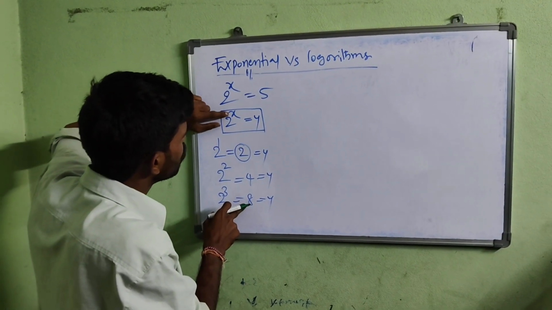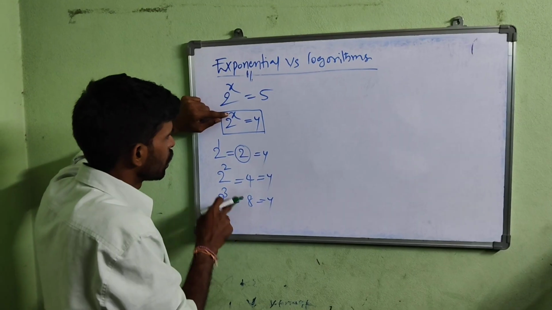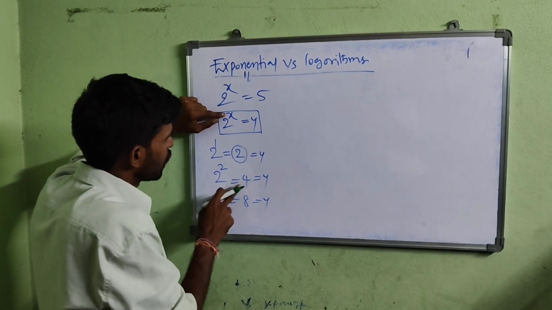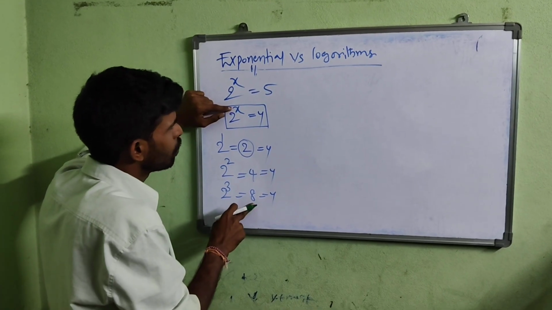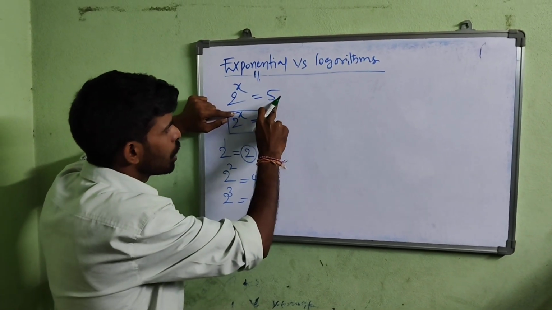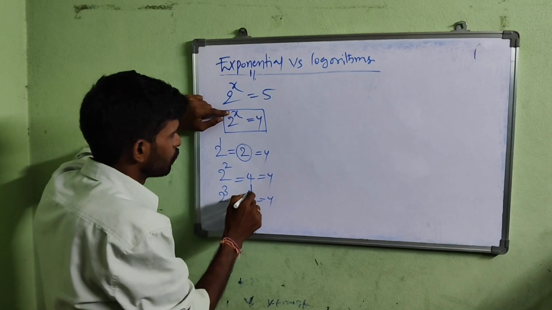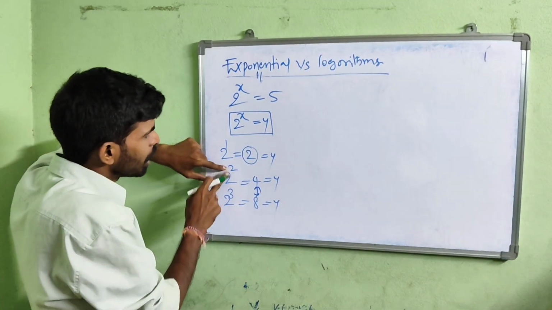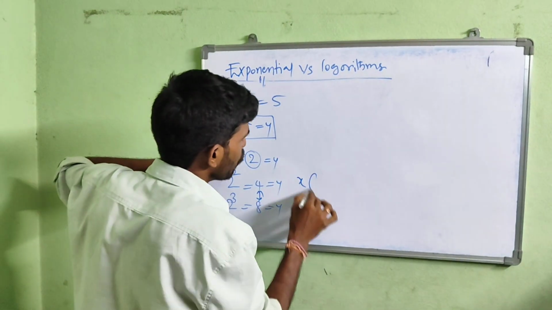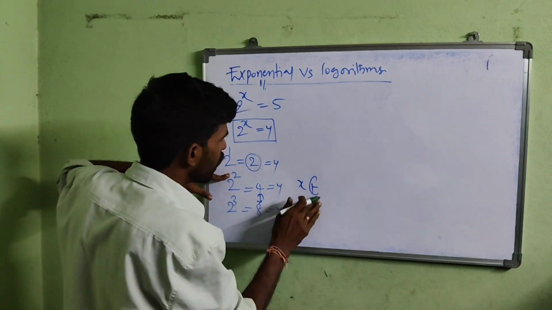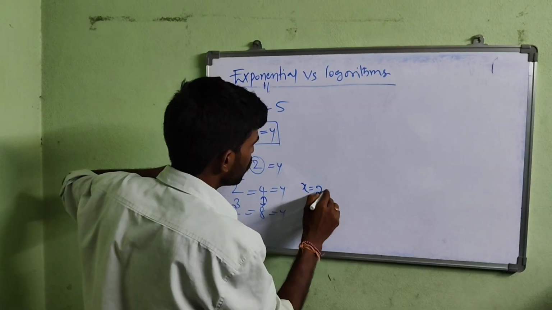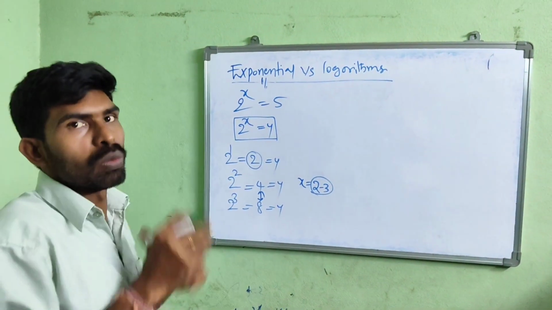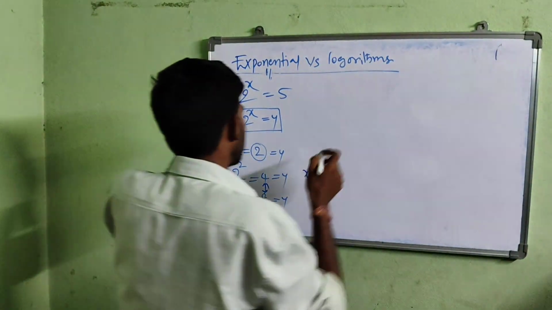That means, what is the x value? If the x value is 2, the value will be 4. If the x value is 3, the value will be 8. This y value of 5 is in between 4 and 8. That means the x value, this power value, is in between 2 and 3, right? It is confirmed that x is in between 2 and 3. But we need to know what it is exactly in between 2 and 3. For that reason,